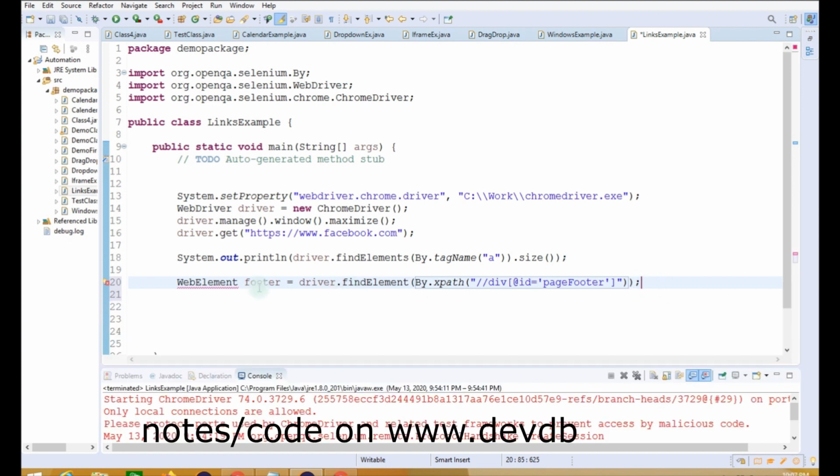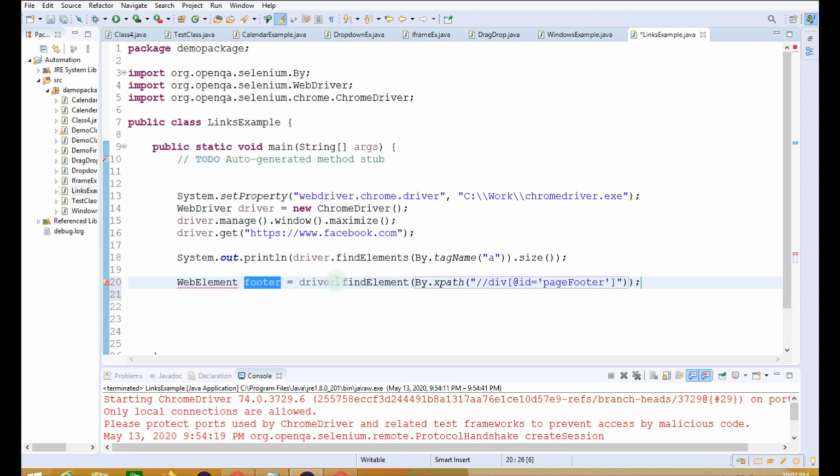So we have created a web element with the name footer, and this web element refers to this XPath. So it means this driver will find the element using this XPath, and it will assign that element to this name footer. Now the error is displayed.